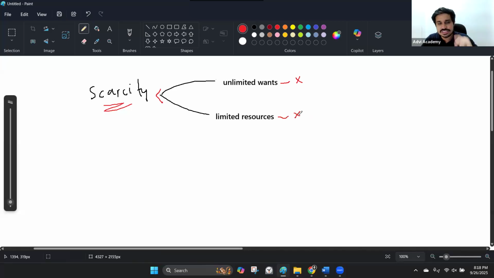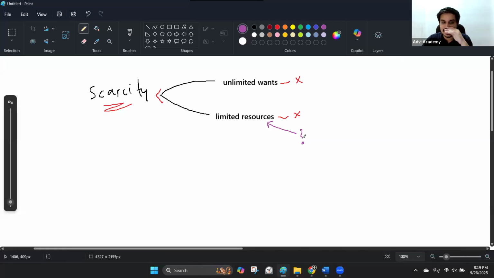Limited resources also don't have a solution at the end of the day, because we have only one earth right now, and the amount of resources on this earth is limited. There's limited water, limited food, limited trees, everything is limited. So then comes the next question: what if we find another earth? We are doing space exploration. What if we find another planet that humans can get to in a space shuttle and move to? Then can the limited resources problem be solved?